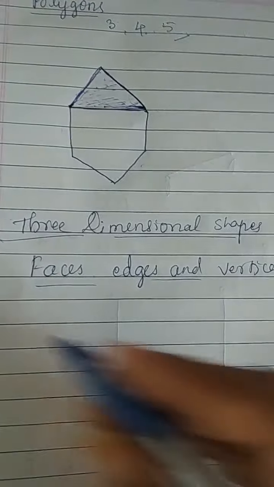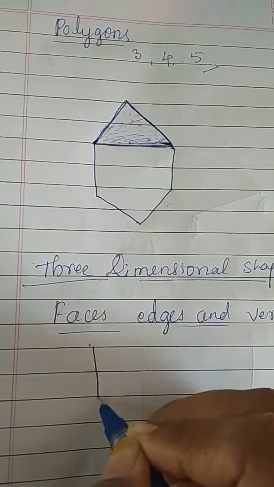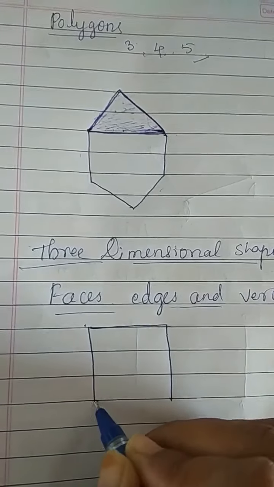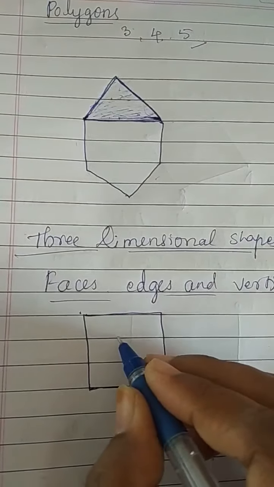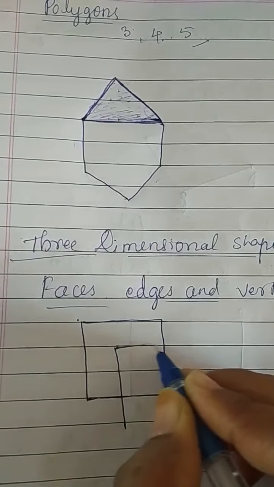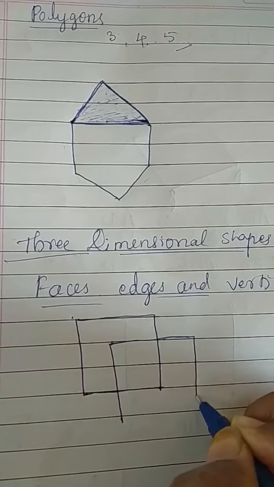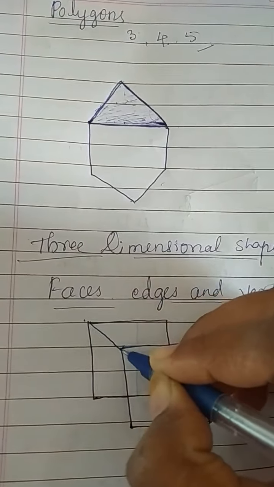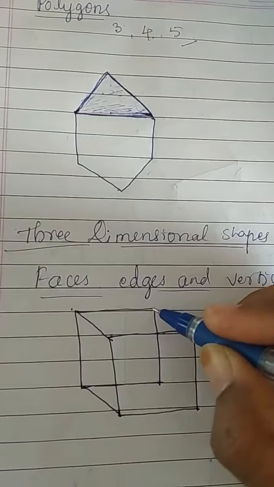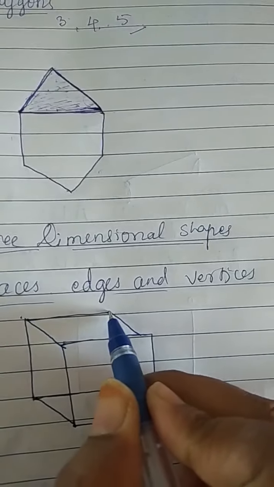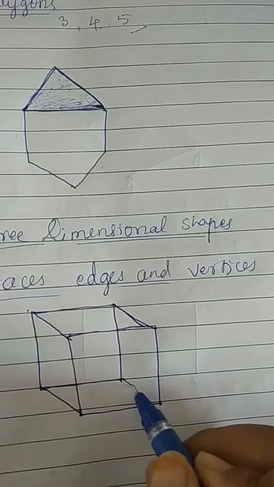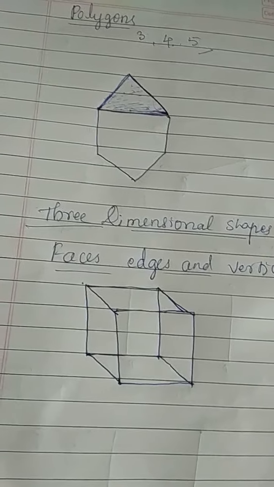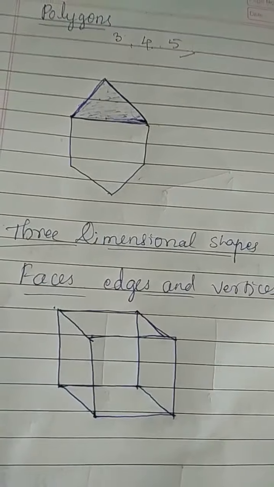Consider one cube. See here, I will draw one cube. Observe here how to draw a cube. Okay. Take one more square here. Draw like this with the pencil in your notebook. Join here, join here, join here, sorry, and join here. Is it? This is the shape of a cube. It is a cube.